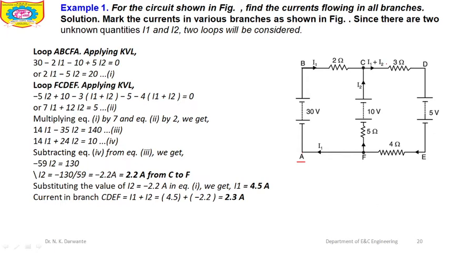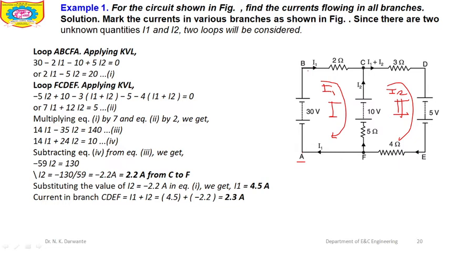Once this nomenclature is there, then you have to assume the direction. Your assumption may be as per your interest. For example, here I have assumed the direction that current flows through this first loop. We will call this the first loop, loop 1. Loop is known to all of you. And this is loop 2. I will assume that the current through loop 1 is I1, and the current through loop 2 is I2. This is an assumption, the direction may be wrong. Then we need to find out the currents I1 and I2.